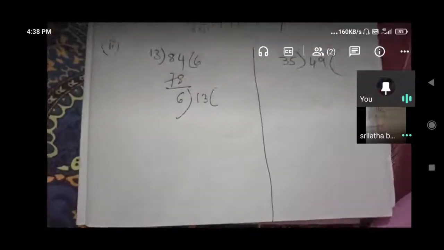You didn't do problems like these previously. See, Nana, I am showing you. You should do like this. This is very live, Nana. 13 sixes are 78. 6 is the remainder. Yes, 6 you should take like this. Is my screen visible to you? Now 13 you take like this.